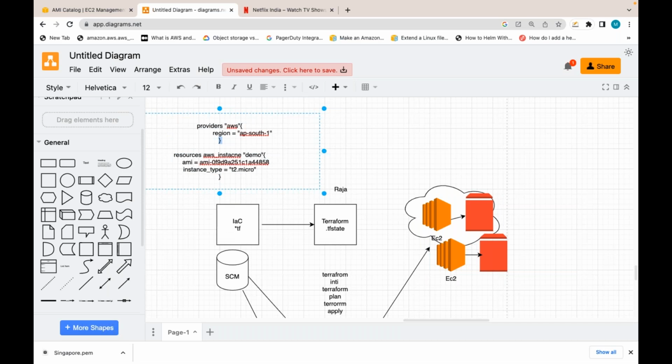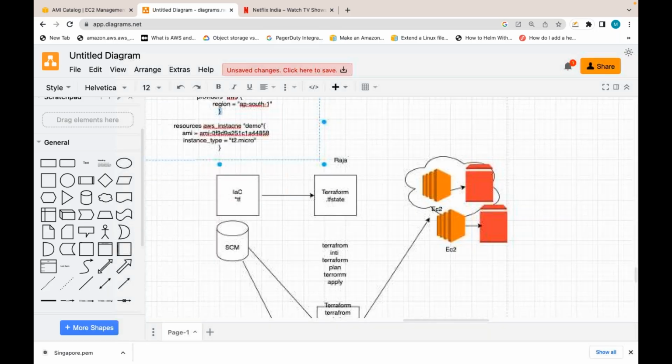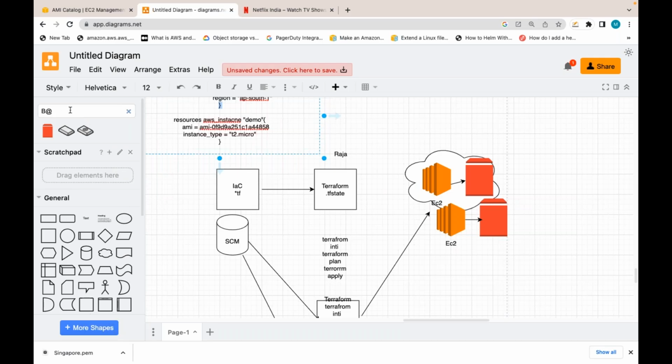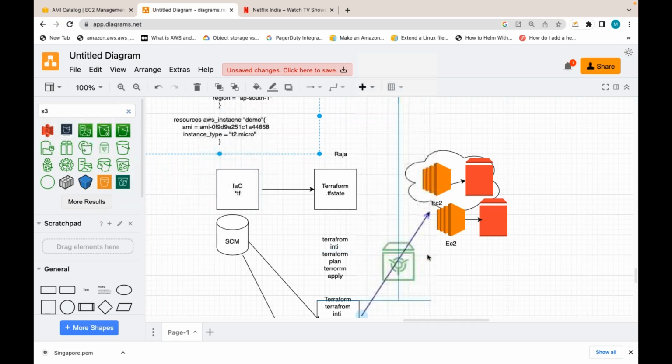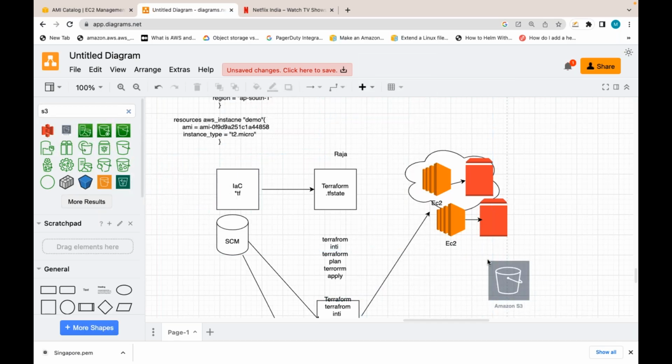S3 can be used as a remote backend for Terraform to maintain the state file, remotely instead of locally. So you can have one S3 bucket. You need to have that S3 bucket created first, right? And that bucket details